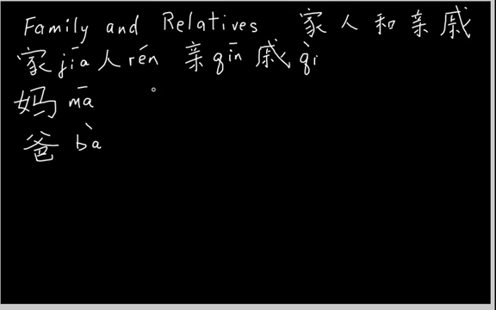Your mom's father, or your grandfather on your mother's side, you address as gong gong, and usually it's pronounced twice, but sometimes once, gong, G-O-N-G in the first tone. Your grandmother on your mother's side is called 婆婆, and it's written this way with the woman radical at the bottom, and it's P-O, po in the first tone.